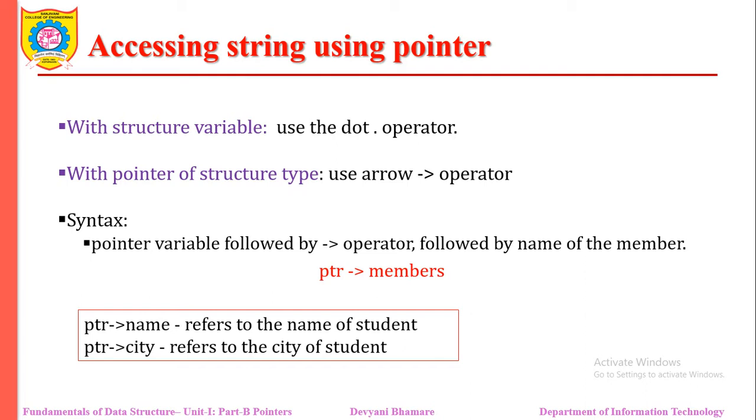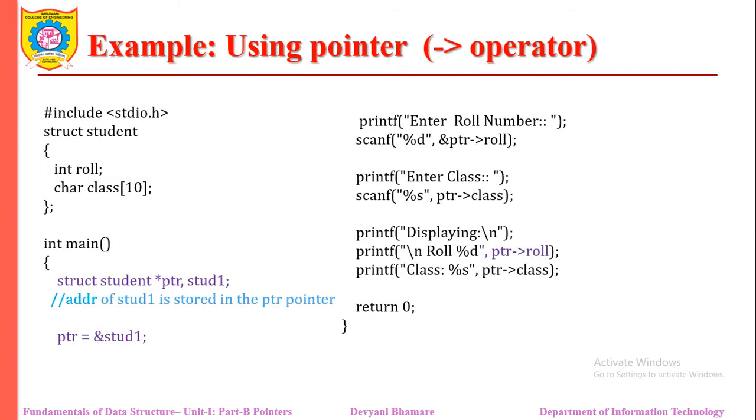PTR arrow city indicates that city is a structure member that can be accessed with the help of the PTR pointer. Let me show this small example. What is happening here? In this one, we have declared the structure, and here, if you have observed, we have declared a pointer to this type of structure and one variable. Then we need to do pointer initialization, and here you have identified that we are using this arrow operator to access